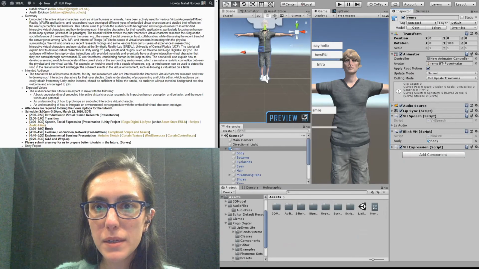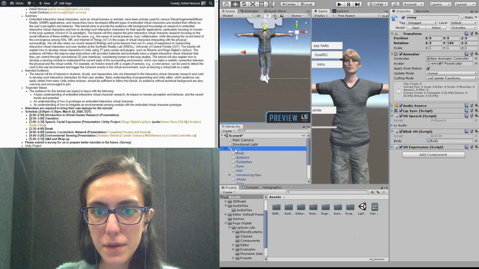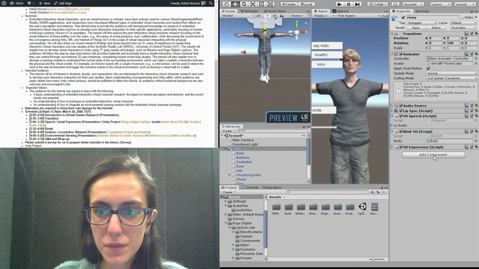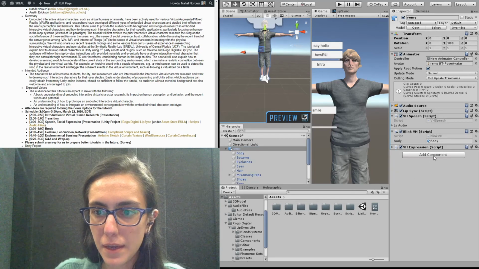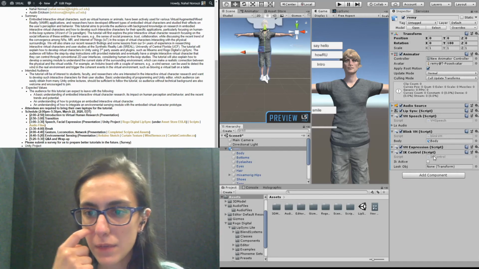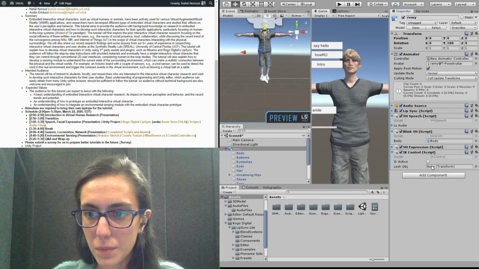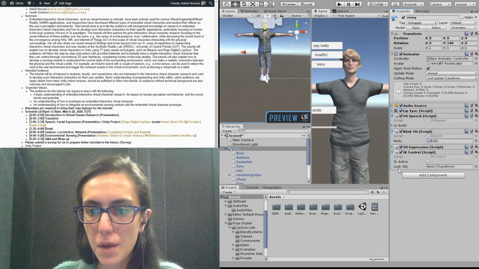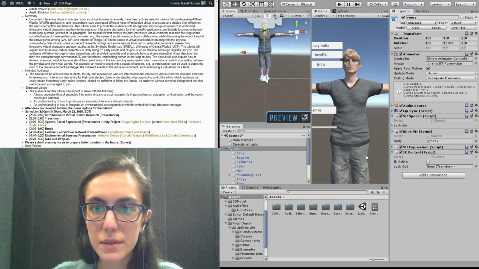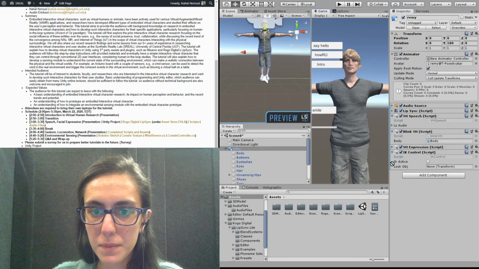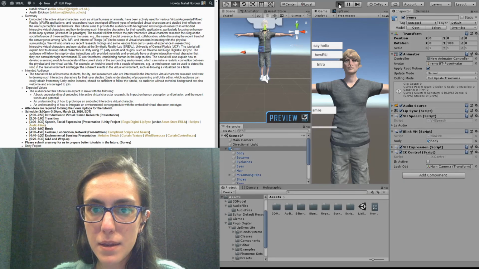Okay, so if you go back to Unity right now, under the Remy model, the first thing we need to do is add the IK control. So we click on Add Component, type in IK control, and then we add the script. Before we run the program, for the look object, we want Remy to look at the camera. So we're going to drag and drop the main camera as the transform to be the look object. IK active right now is false. And if we press play,